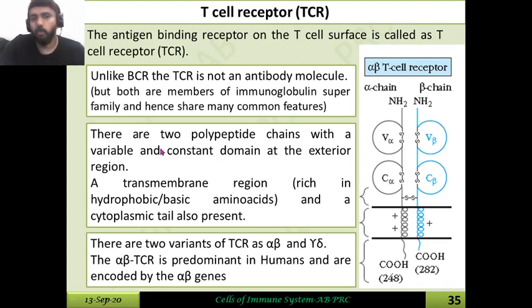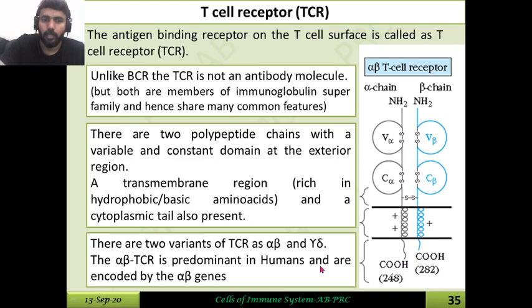And there are two polypeptide chains with a variable and a constant region at the exterior portion of this molecule. You can look at this image. There is a variable portion and a constant portion; here this is the alpha chain. For the alpha chain there is a variable domain and a constant domain, and for the beta chain also there is a variable and constant domain, which is outside of the membrane, right? And then you can see a transmembrane region which interacts with the membrane, and also a cytoplasmic tail,